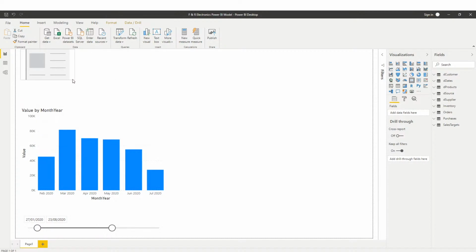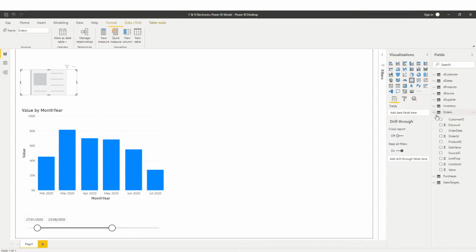We would want to resize this to an appropriate size, and we would pull in whatever value it is we wanted to see. So since we're dealing with sales value, we will pull in that figure,